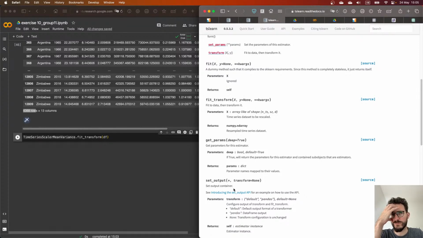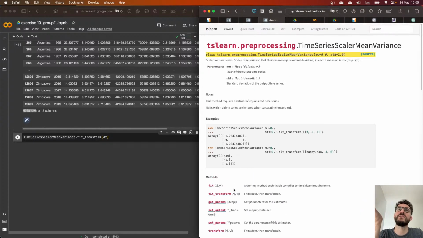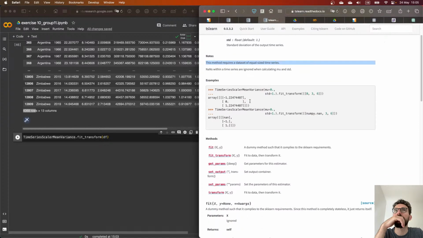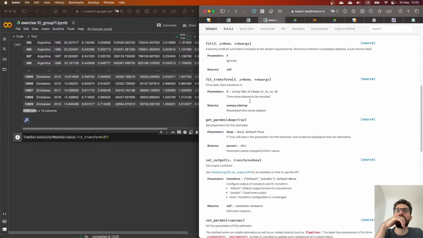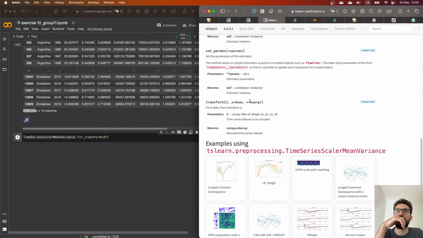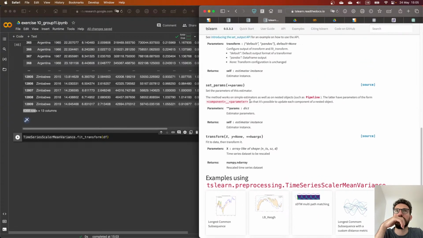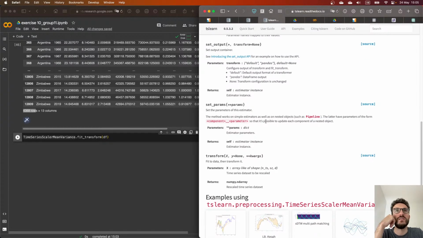Does this not support that? I mean, that's kind of dumb. Kind of annoyed by this. Maybe I probably have to do the preprocessing with sklearn directly. This method works on simple estimators as well as on nested objects such as a pipeline. The latter have parameters in the form of component parameters, so it's possible. So okay, I can set the parameters, yes, but the problem is